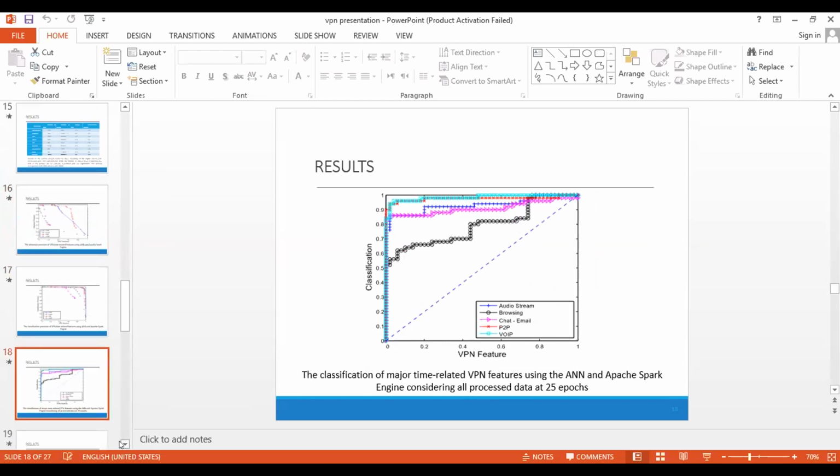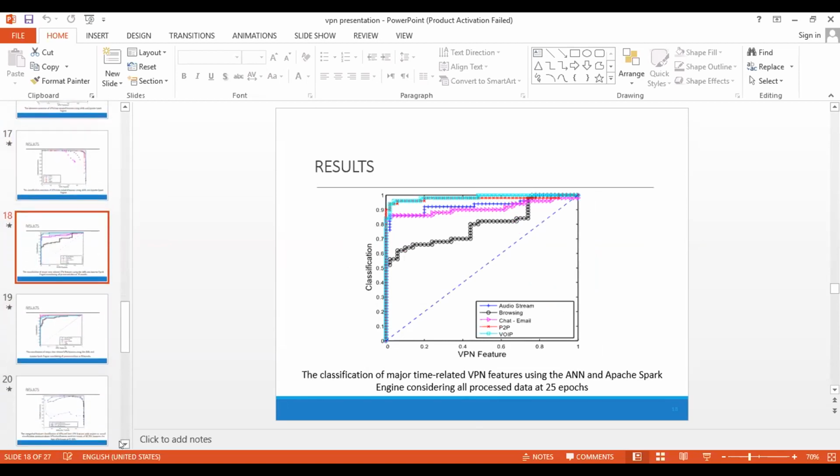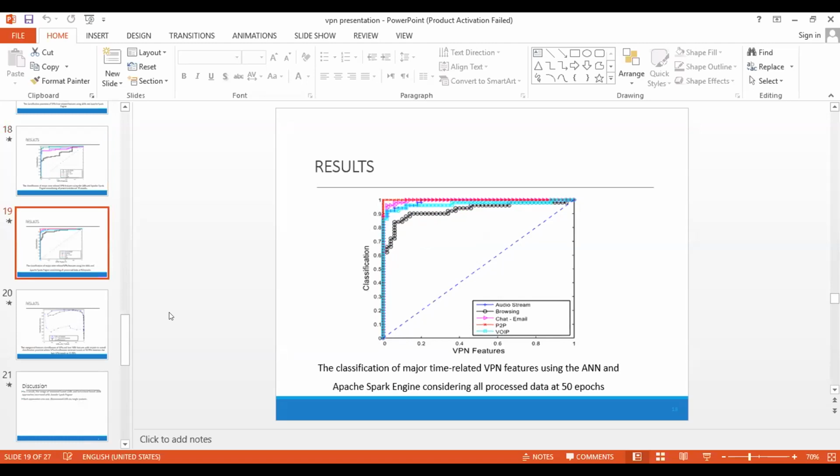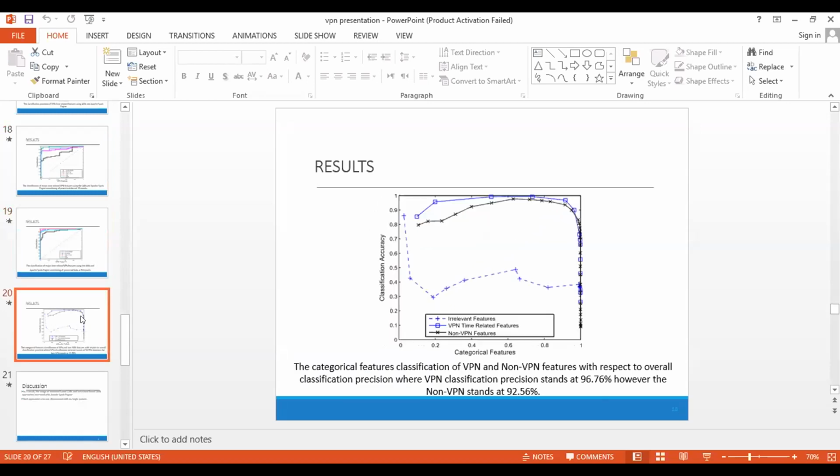The classification of major time-related VPN feature using the ANN and Apache Spark engine considering all processing data at 25 epochs. The classification of major time-related VPN feature using the ANN and Apache Spark engine considering all processed data at 15 epochs. And the last